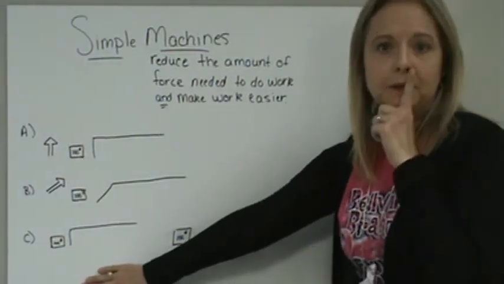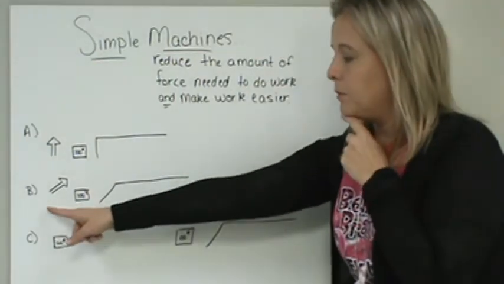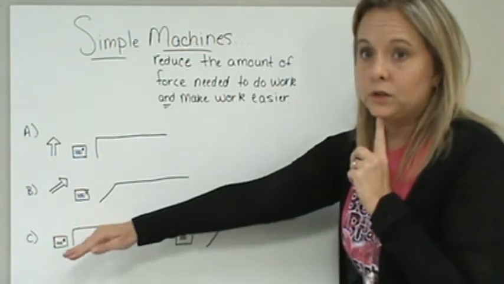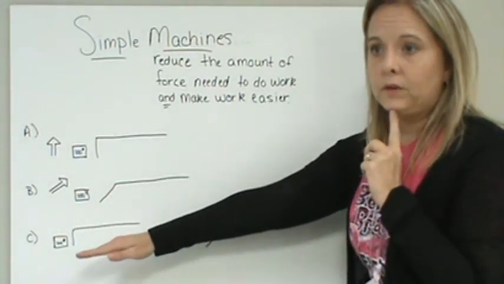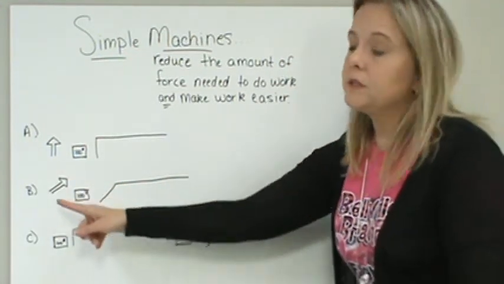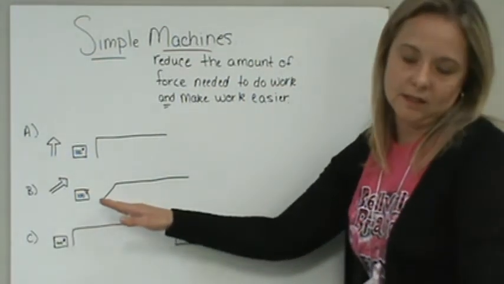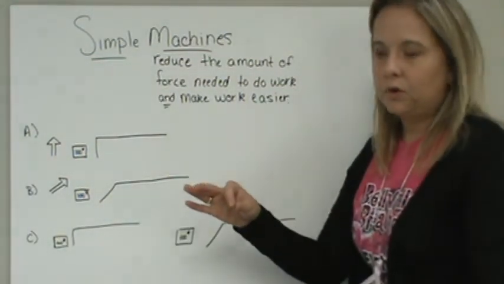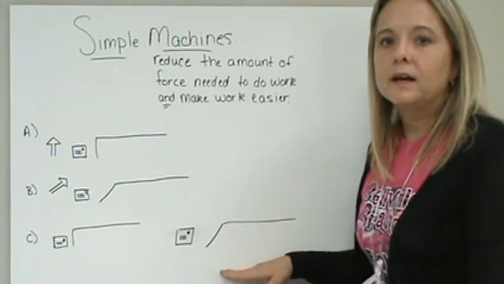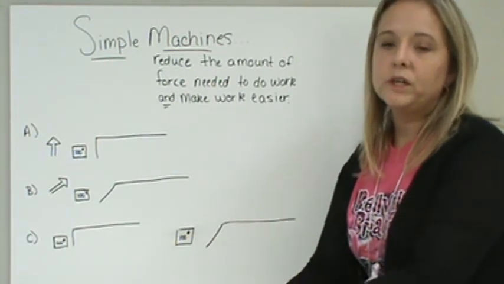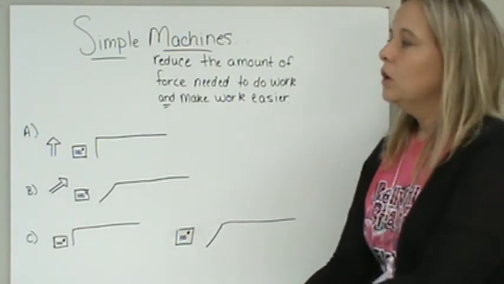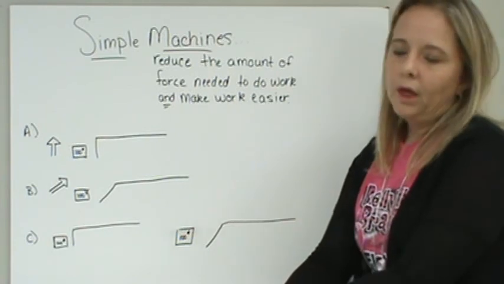Okay, in situation B, we have the same box, the same height, but instead of lifting the box straight up, we have an inclined plane. And so less work is being done, but it's a greater distance, so it spreads the force out over a greater distance. And then in situation C, there's no arrows, there's no work being done here. And so if that was a question on a test, you would have to say, no, there's no work being done in that situation. So you may want to sketch these somewhere in your journal and push pause if you need,